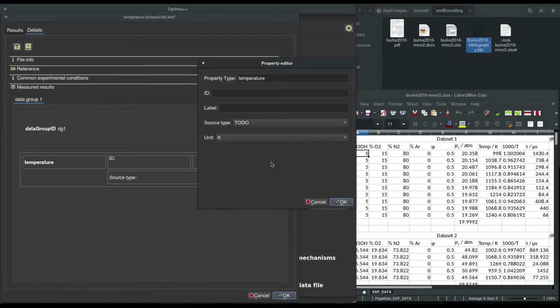In the property editor, I have to define a unique ID for the property. I will use IDs x1, x2, and so on.